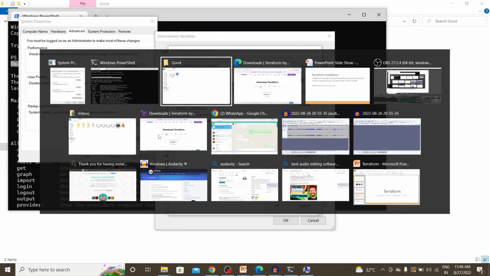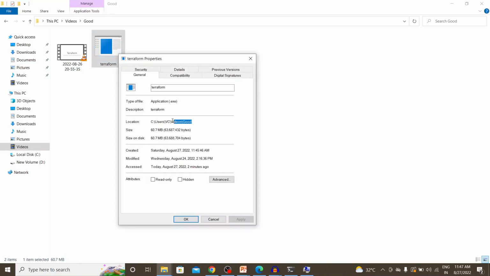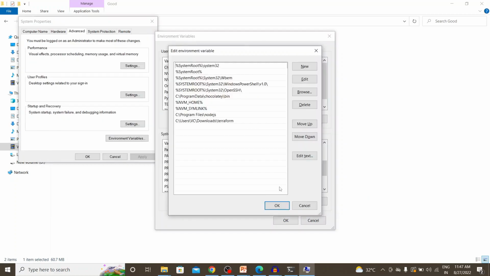So let's get the path. I already have the path stored here, but I'm just doing it for your knowledge. So I have it saved over here, but ideally this is how we'll be doing it. We'll give the location,